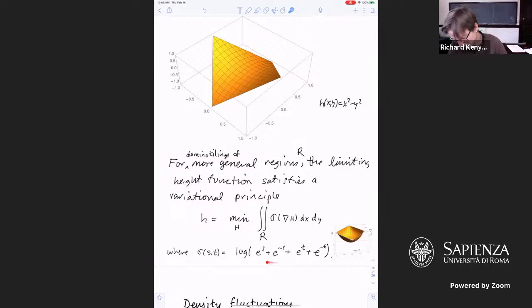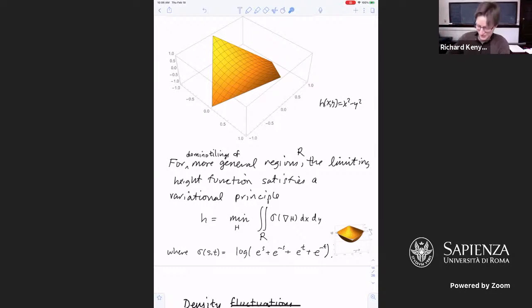Here, the formula is somehow a little bit simpler. The surface tension sigma, which depends on the gradient of H, which has two variables, the gradient in the x direction and the y direction, is a pretty simple function of S and T, the coordinates of the gradient. And somewhat remarkably, you can see that this equation here is a particular solution to the corresponding Euler-Lagrange equation for this surface tension function. Okay,